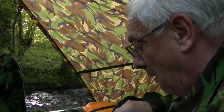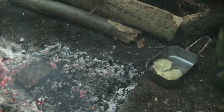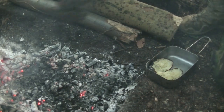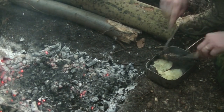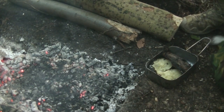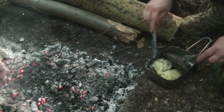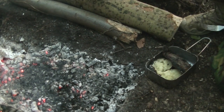All good? Oh yeah. Right, I think the steak's done. Straight in there. And I know that jacket spud's cooked, 'cause look at that. It glides through there. And it tastes so much better, it smells so much better than what you get out of the